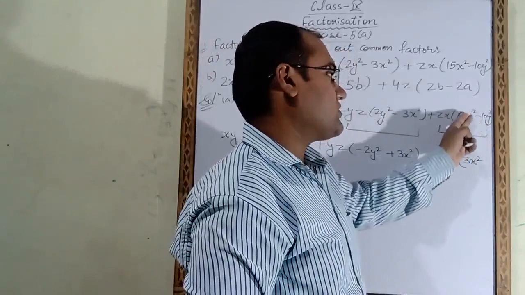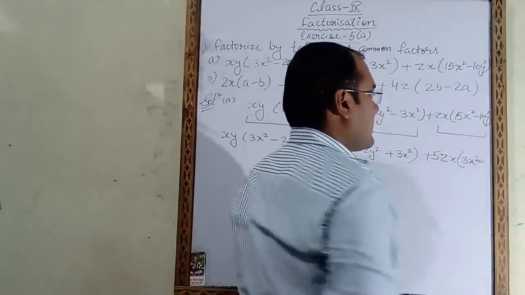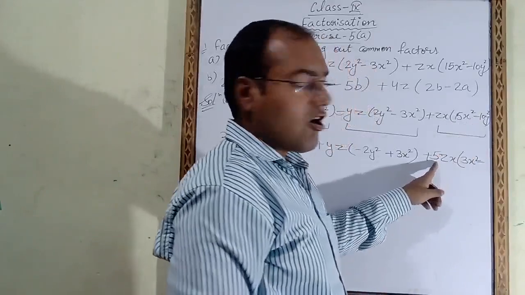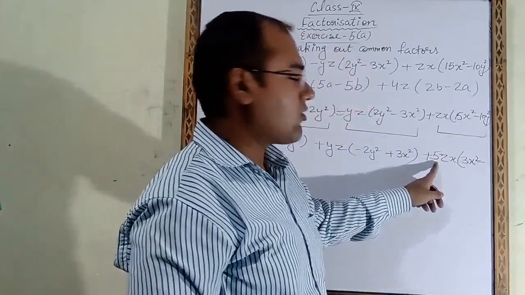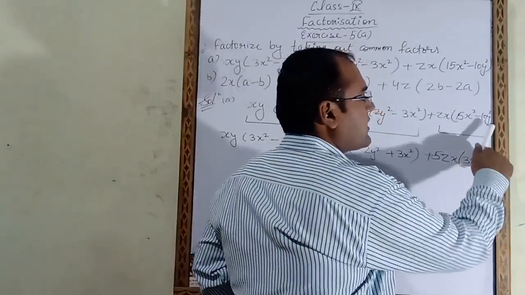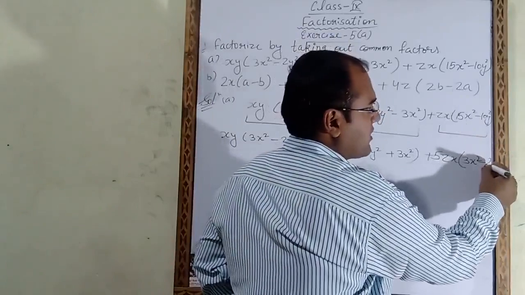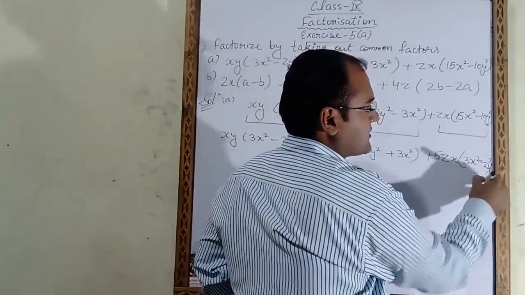So that's why x square we have to write as it is, minus 10. But how much have we taken common? 5 we have taken common. 5 times 2 is 10, so the remaining number is 2. So 2 we have to write here, and one more alphabet is coming, y square. That y square we have to write as it is at last.